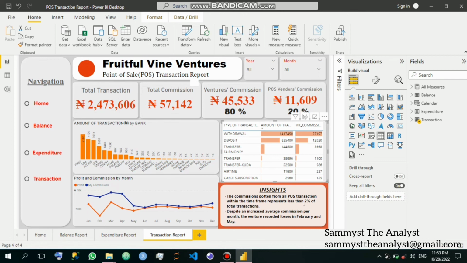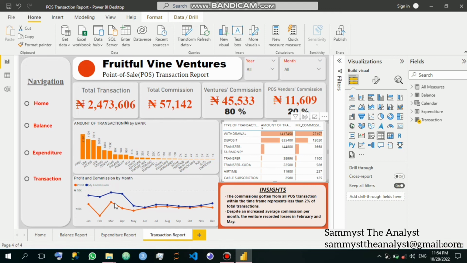So they are just 2%, and then despite an